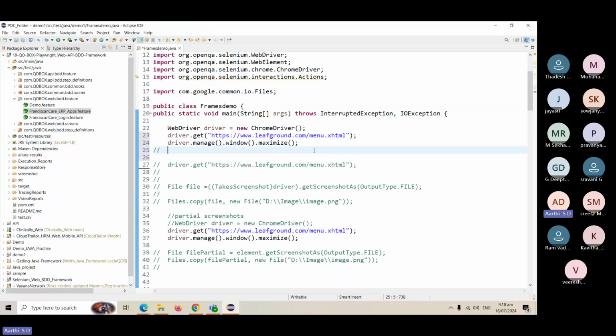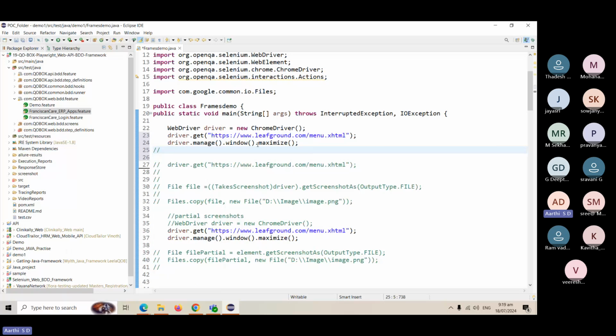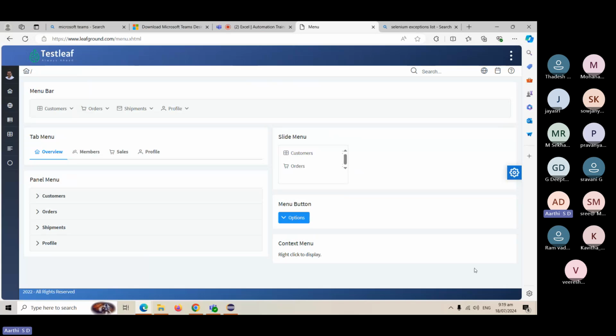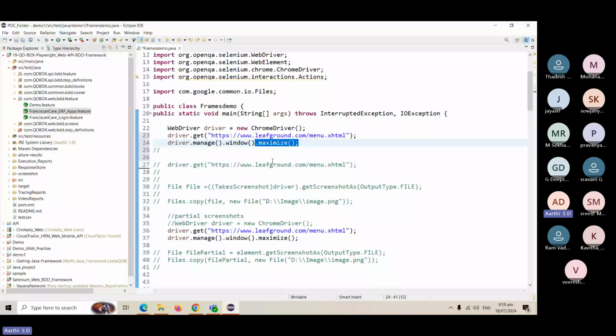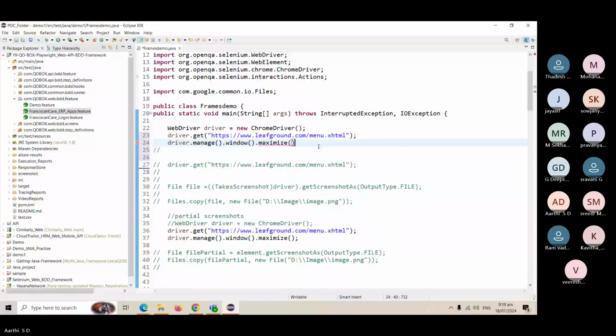At the same time, there might be some scenarios where we have to use the dimensions, then only our screens will look good. At that time, you can go for dimension, but mostly we can go for maximizing the browser, so that all the web elements will be captured in one screen. Even screenshots also. Okay. For that we use the window.maximize method. If you want to minimize, you can go for minimize. We have two methods, maximize and minimize, coming from Window. So I'm going for maximize. Now,